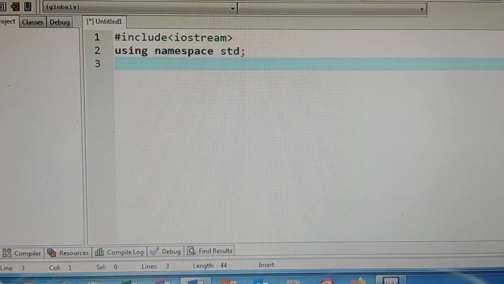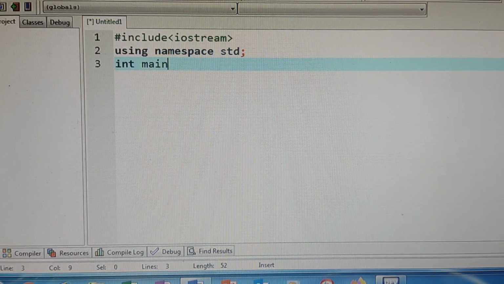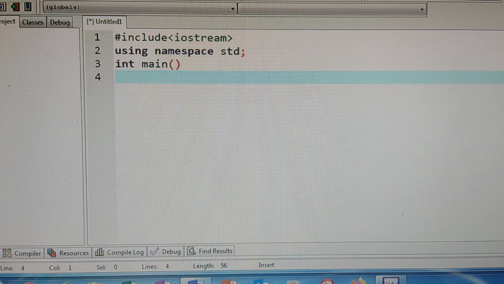Next, int main. It's the main function. From this function only your program execution will start. It is a function, so it should have parentheses. A function is a block of statements, so whatever statements are there should be enclosed between braces. So here I am giving braces for the main function.